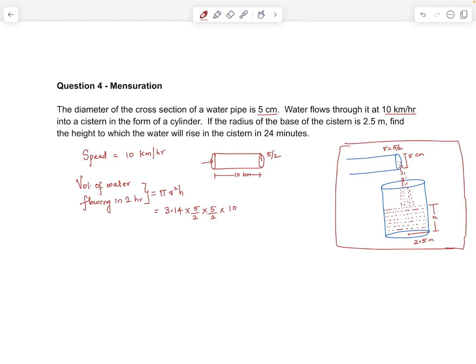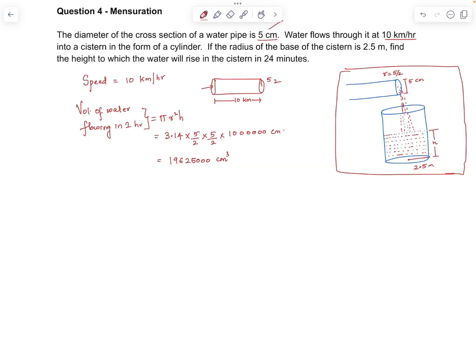Now that the radius is in centimeter, let's convert this length also into centimeter. Simplifying this, we get 19625 followed by 3 zeros centimeter cube. The question is asking us to figure out the amount of water flowing in 24 minutes. Volume of water flowing in 60 minutes,